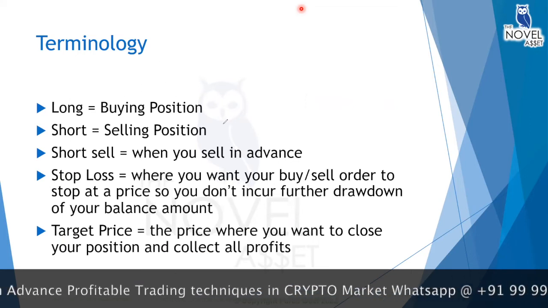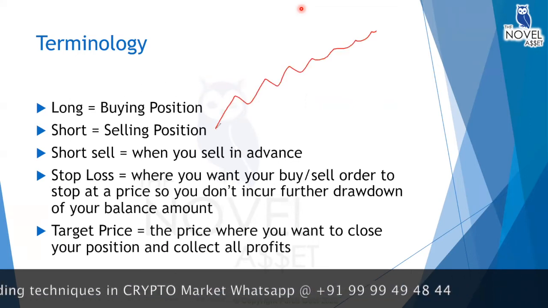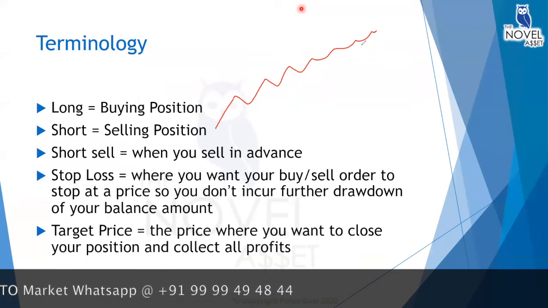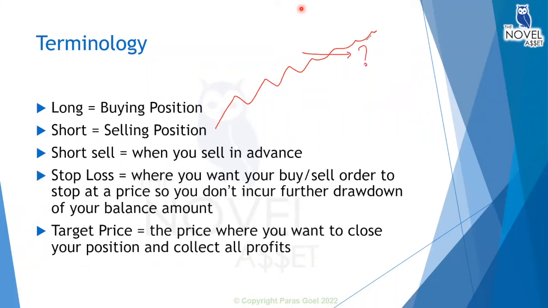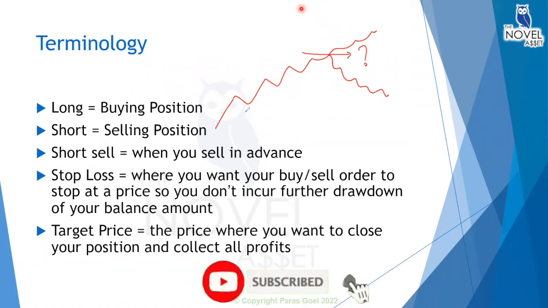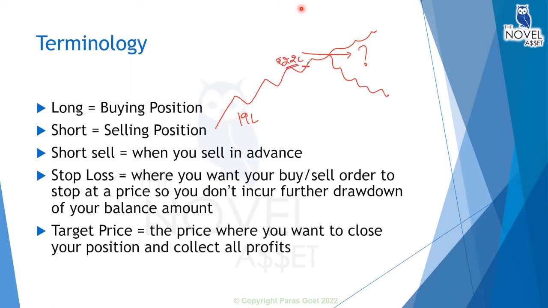So understand, the price movement is like this, right? You have no idea. Nobody on earth can tell you where is the last price that the price can go to on the upside, or where the price can reverse from. So let's say you have bought Bitcoin at 19 lakh rupees and the price is moving on and on. If you do not have a target price in your mind, let's say 22 lakh rupees over here, what will you hope? That the price is increasing. So let my profits run. Let my profits run, right?